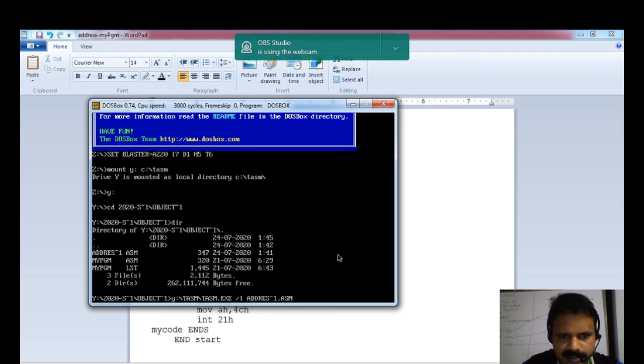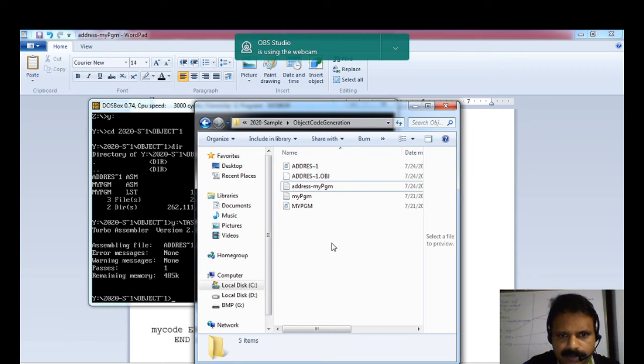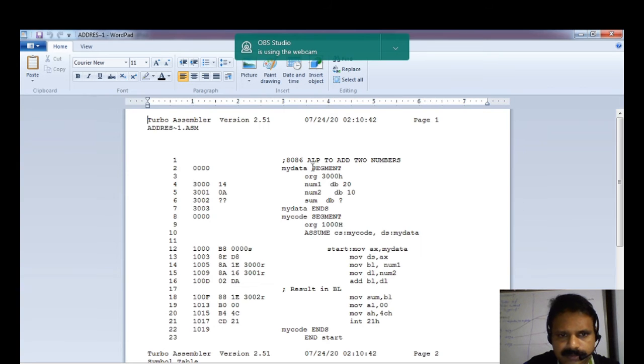My file is address1.asm. Since these use 8-bit length file names, it is coming like that. Let us translate this and check the list file. This is the list file.